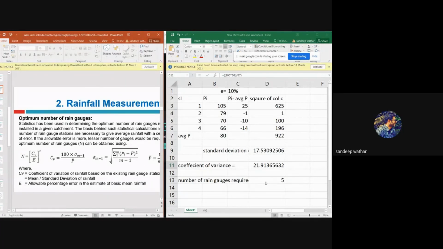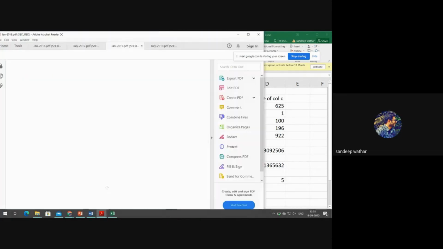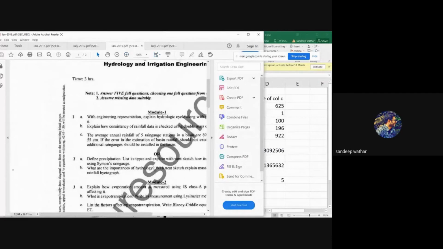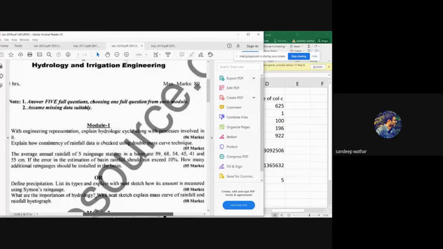Now you try to solve this at home, in your notes. A similar kind of problem is also there. I'll try to show you that. Now see here, this is another problem. As you can read, again the first question C. The average annual rainfall of 5 rain gauge stations in a basin is